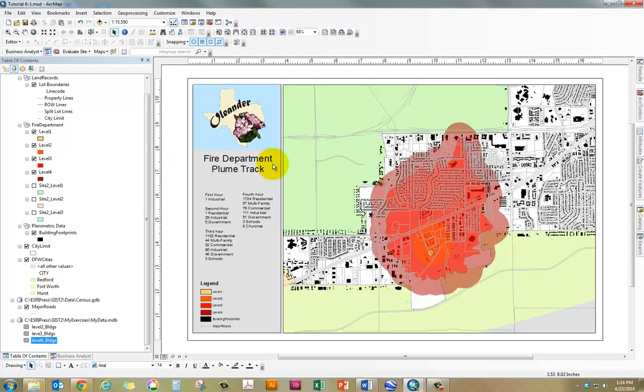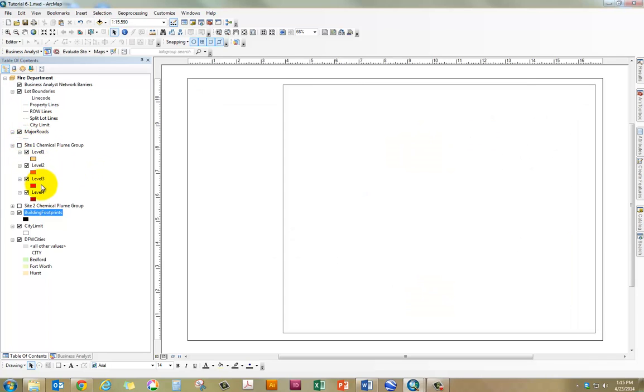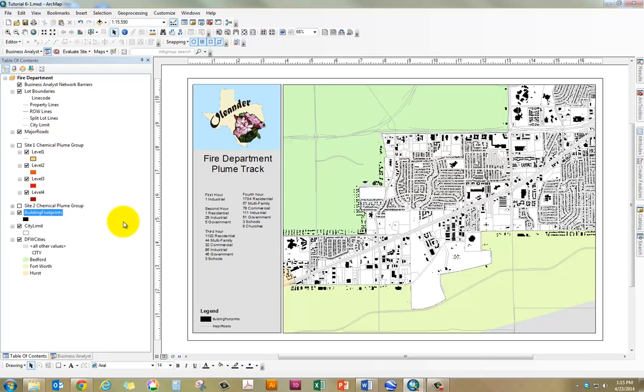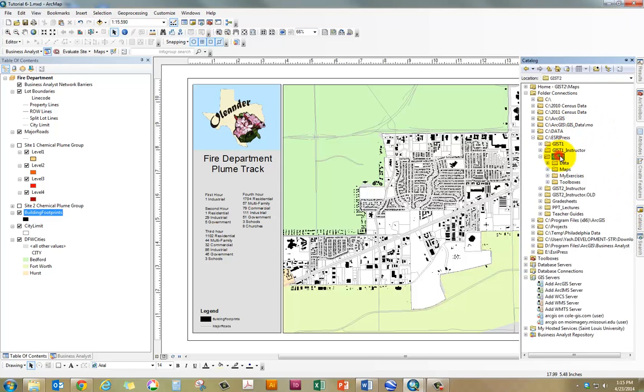And he would also like a time series analysis. So for this we'll use the time slider analysis, where there is a new tool available for doing this time tracking. So essentially what we need to do is turn off site 1, go back to your view by list by drawing order, turn off site 1, and here using catalog, go to SRI press GIST2 data,